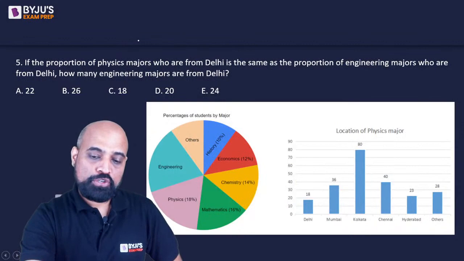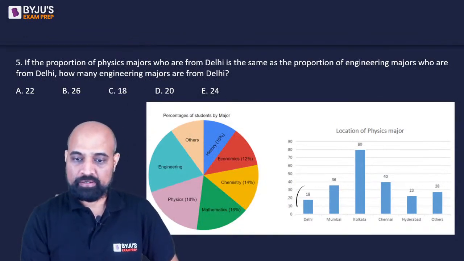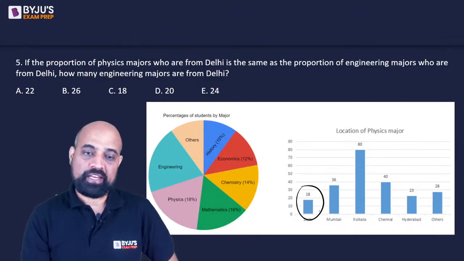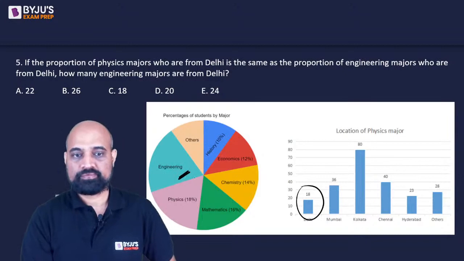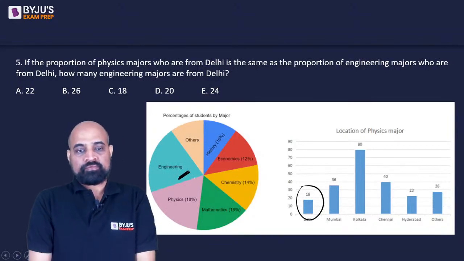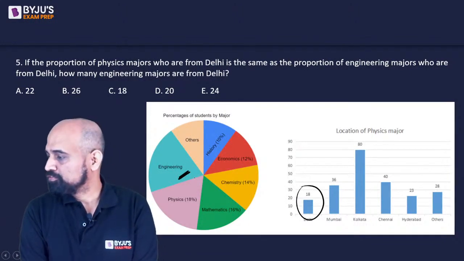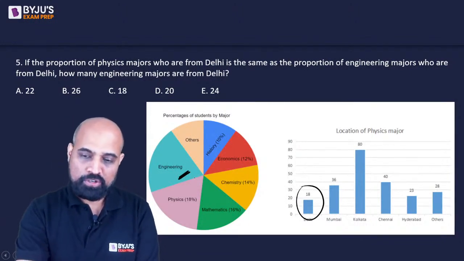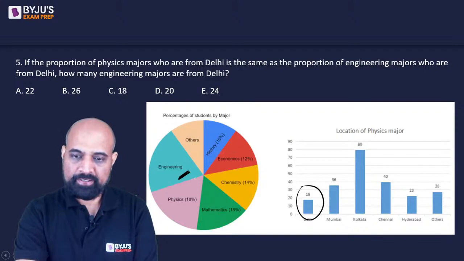If the proportion of physics majors who are from Delhi is same as the proportion of engineering majors who are from Delhi, how many engineering majors are from Delhi? So, if the proportion of this is from Delhi,